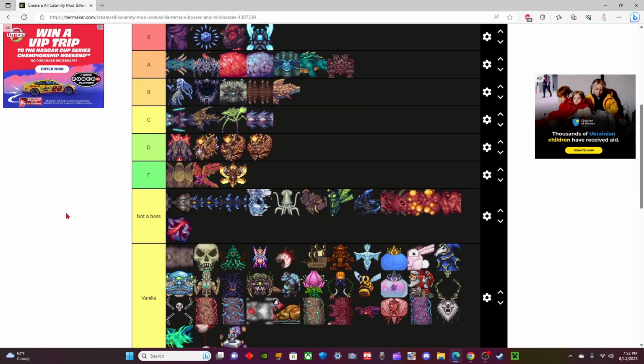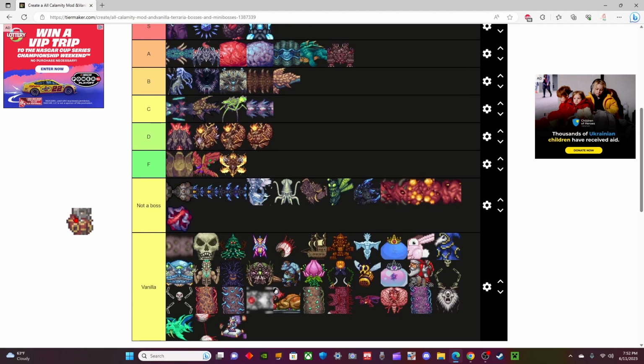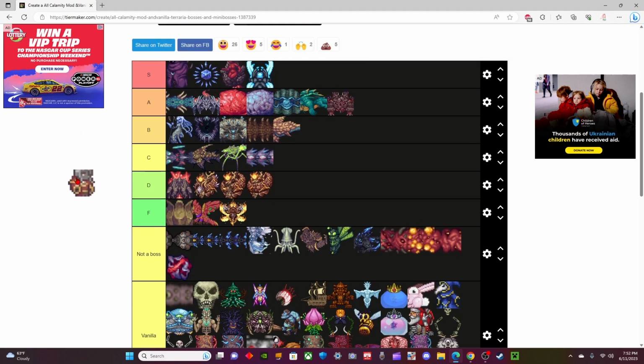I'm gonna go see. You know, it's whatever. Alright, Supreme Witch Calamitous. This is the final boss. And remember, we beat them a few videos ago. And it was great. Where they go on the tier list, I think, is S. It is really hard. Don't get me wrong. But the amazing factor is